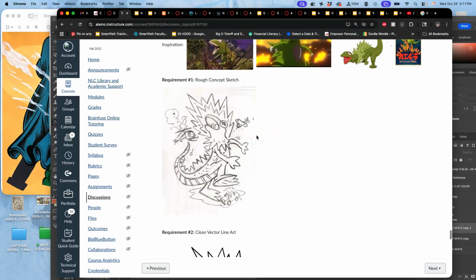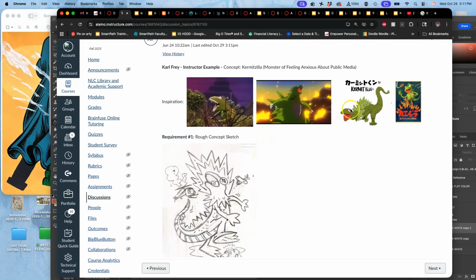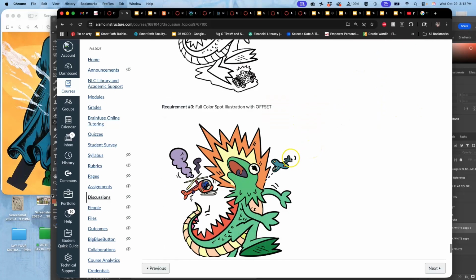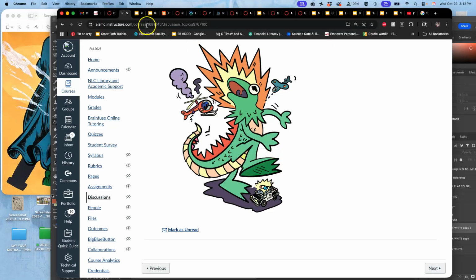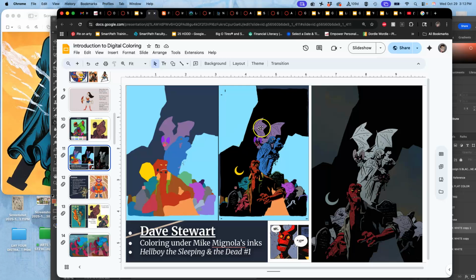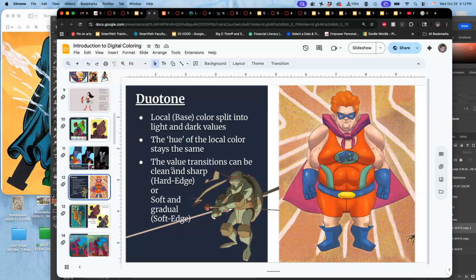Now, if I look at my inspirations, this one is all finished in flat color, right? But this one looks epic. And that's because this is duotone hard edge color, right, from animation. And then this is a photograph, but you can see how it's more soft edge tones in there. So that's what we're going to be learning how to do next. And that's what I'll do at the beginning of next class. And if you want previews of any of that, look at the exhaustive introduction to digital coloring,